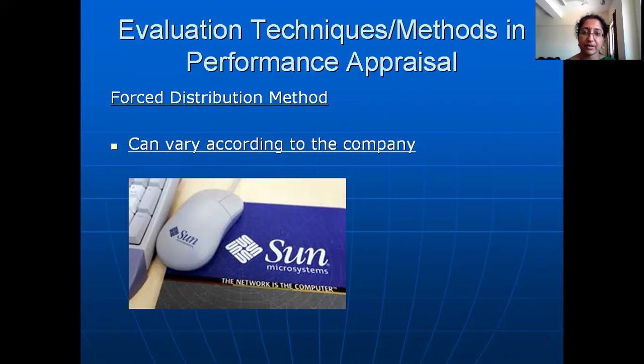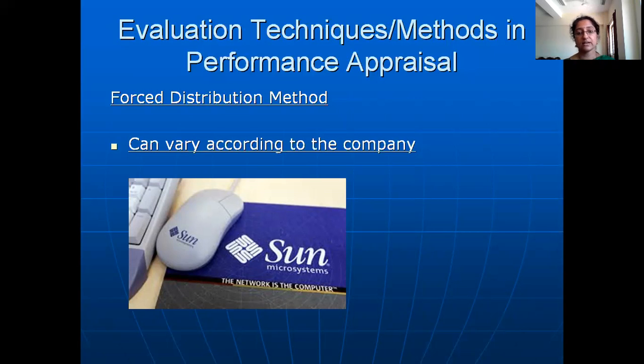And another negative side of it is the rater, the person who is rating the others, okay, they can get accused of managerial bias. They can get accused of bias in terms of ratings. A person who has been rated in the lowest 10% can always post a grievance saying that, no, I have been unfairly treated. So the rater should be prepared to answer all this.